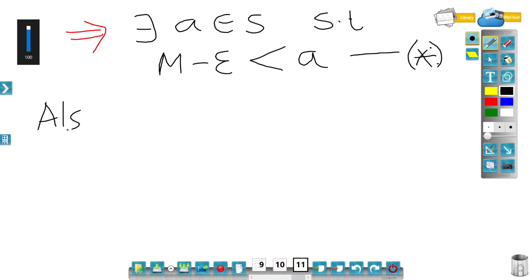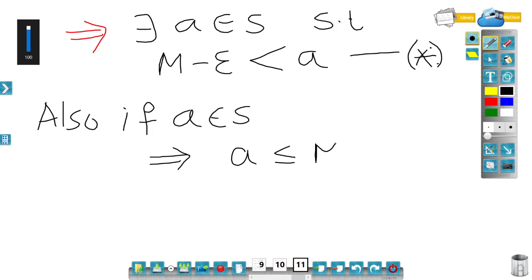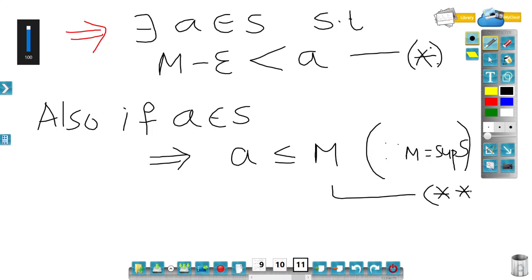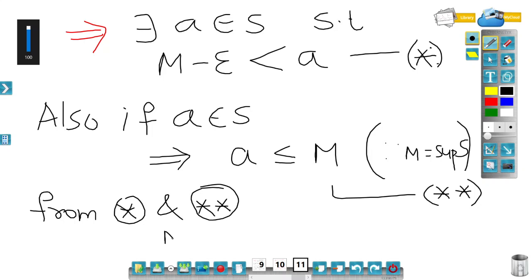Also, if A belongs to S, that would imply A is less than or equal to M. Why so? Since M is the supremum of S, M is an upper bound of S, so definitely A will be smaller than or equal to M. Let me call this double star. If I club star and double star, I get M minus epsilon is strictly less than A, which is less than or equal to M,